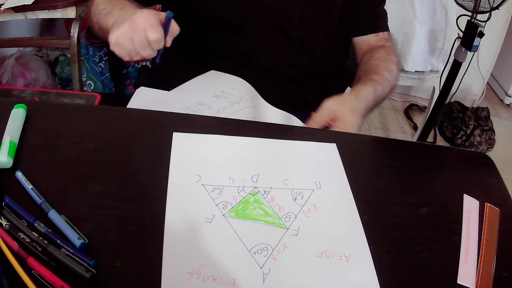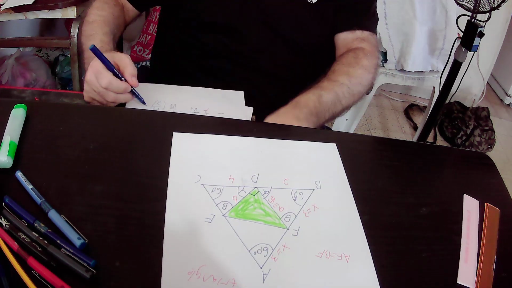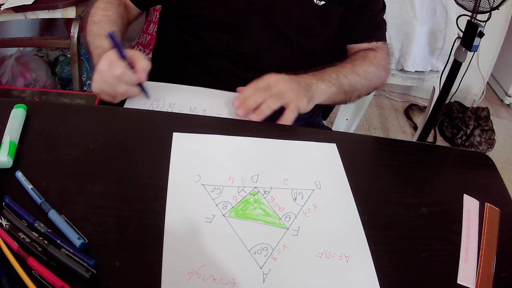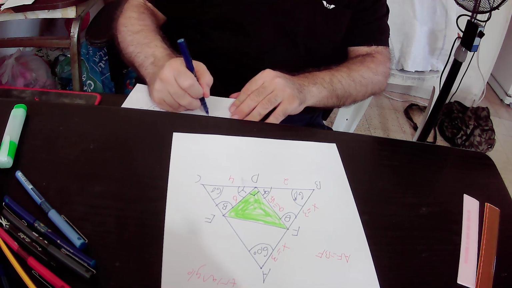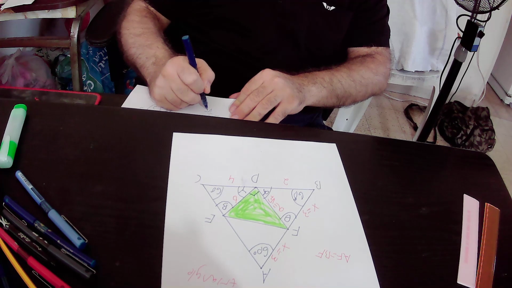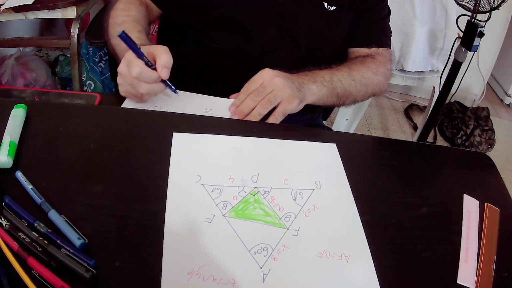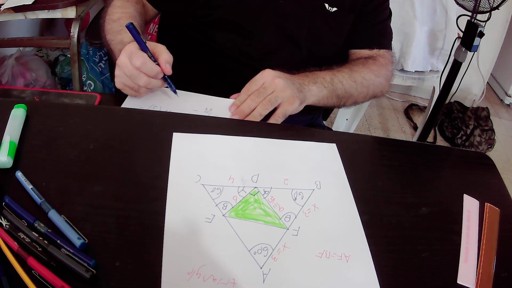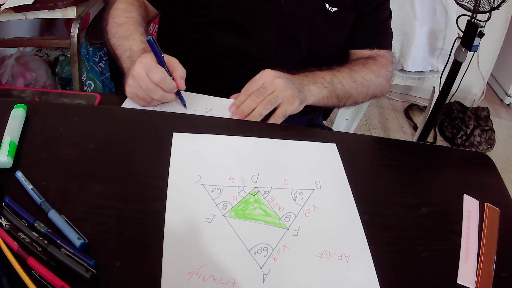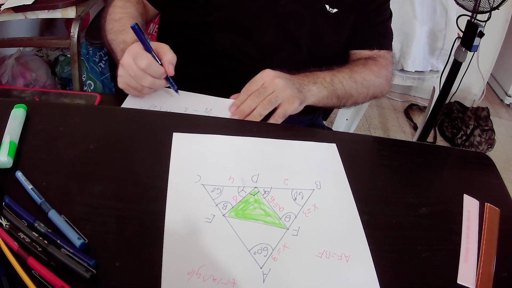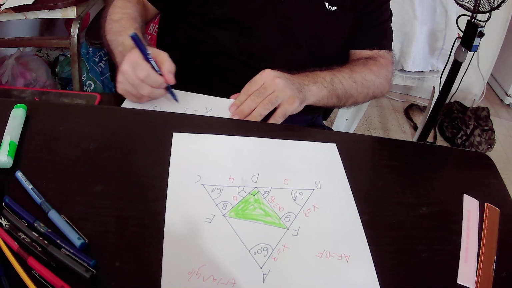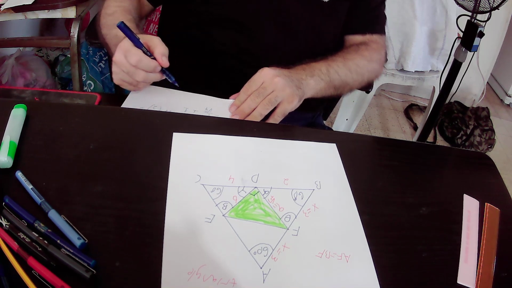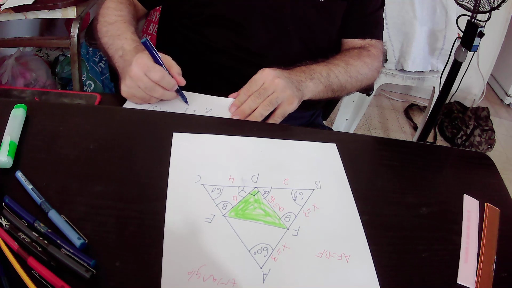In total we got 1 over root of 7 minus, and minus times minus is plus, so we'll get plus 1 over root of 7